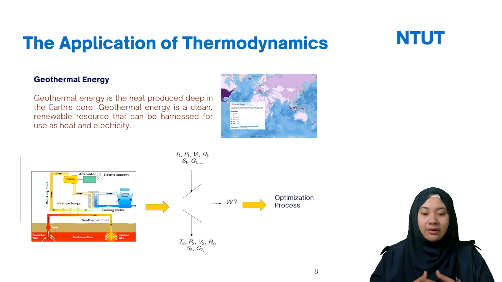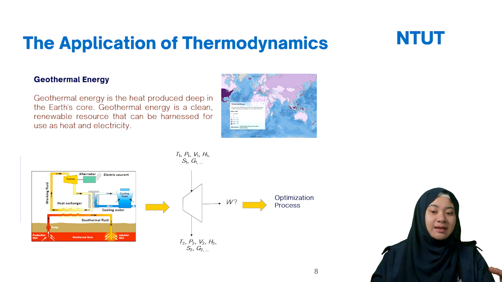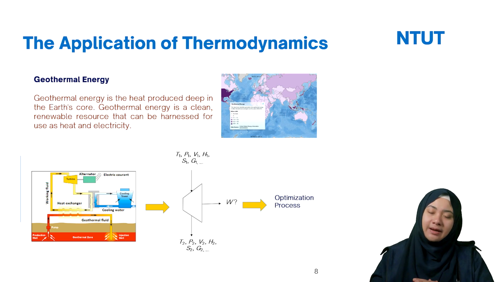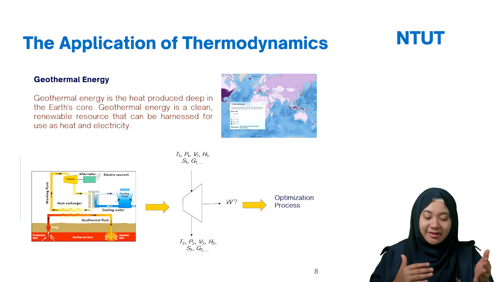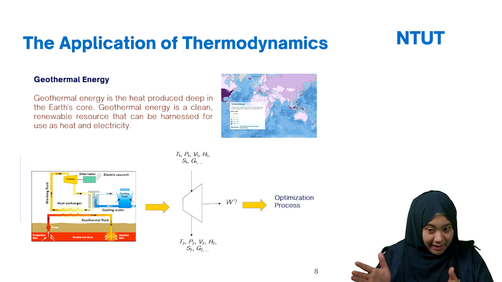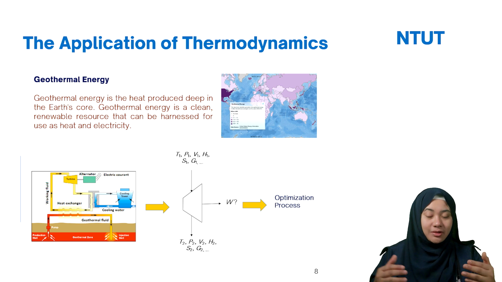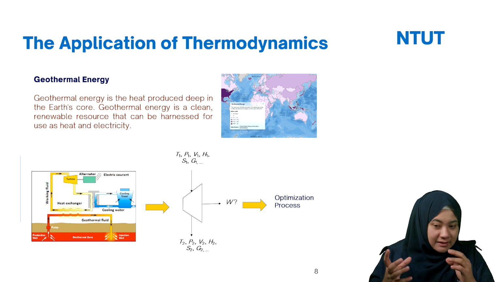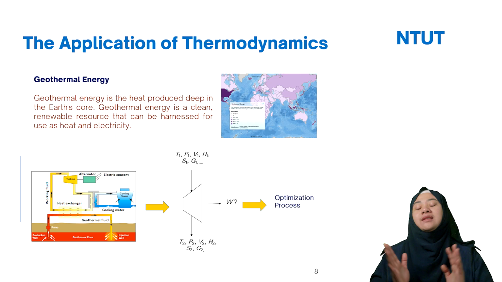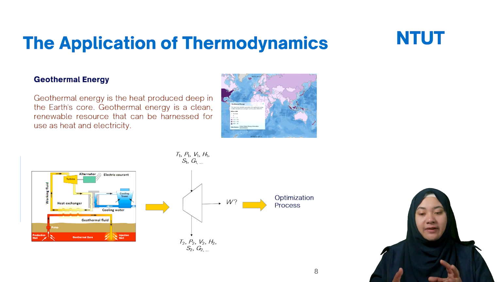Yeah. So when you have the heat from the earth, it will go to the heat exchanger. You know heat exchanger perhaps? Heat exchanger: heat means thermal, of course, and exchanger means exchange. So you exchange the heat, with the function either of heating or cooling. In this case, the function is heating, because we want to absorb the heat from the earth core.